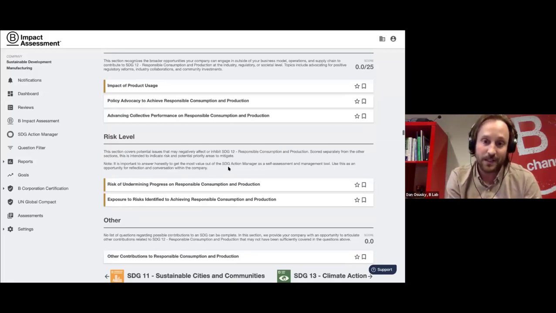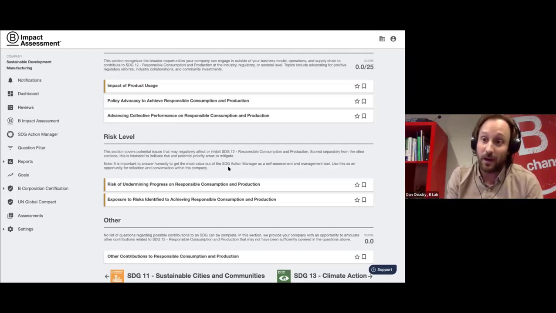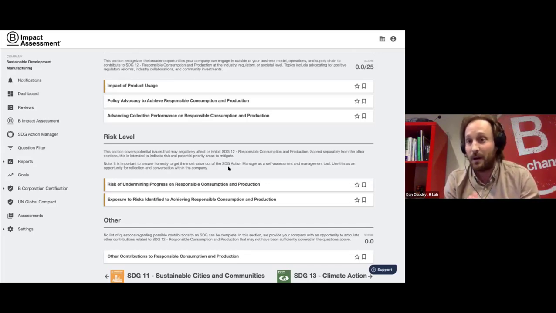And the intent of this section is to do something quite different. Rather than assess best practices, it gives the company an opportunity to reflect on what practices or aspects of their business are a good indicator of potential areas where they might be inhibiting achievement of those SDGs. So there's some overlap with the content in the rest of the assessment modules, but it's intended to also give that sort of prioritization of where there might be key risks as you go through